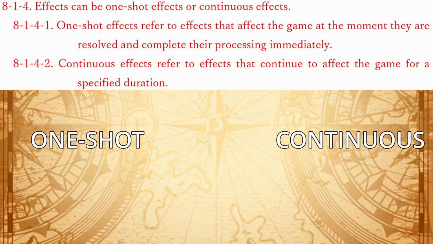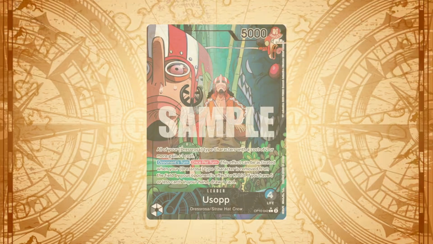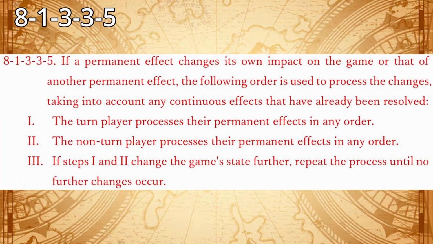As all effects can be described as either a one-shot or continuous effect, permanent effects also seem to fall under continuous effects. For a complete comprehension, I would need more cards like Usopp, so I will not dive into this subject too much. Permanent effects now also have a new rule, which is 81335. 81335 reads, and I'll read this with you, if a permanent effect changes its own impact on the game or